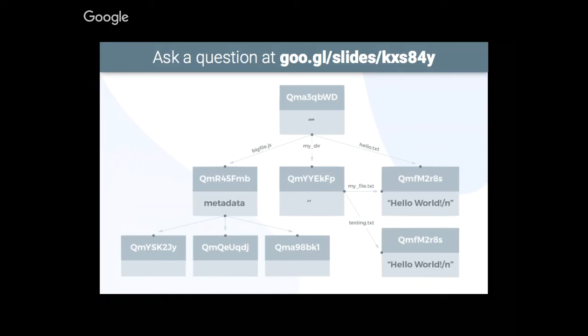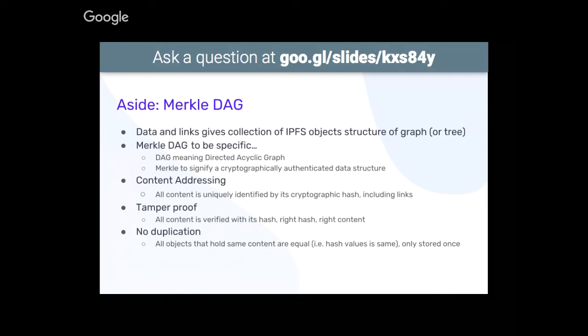And now if you follow all of these CIDs up the tree to the top, you get a CID that describes all of the contents below it. Now this is actually a critical concept for IPLD and IPFS. So here's our first Merkle DAG aside, where we're going to give a little bit more detail about how